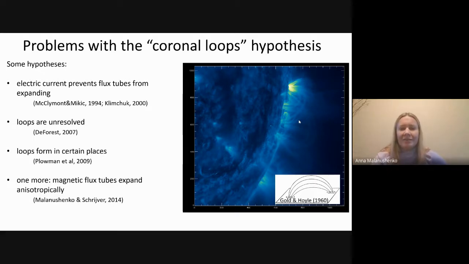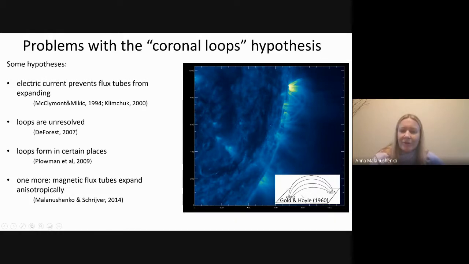Or again, yours truly have contributed to this conversation by suggesting that magnetic flux tubes expand anisotropically. That is to say, if one foot point of a magnetic flux tube is circular in cross-section for the sake of the argument, this cross-sectional shape will not stay the same throughout the length of the magnetic flux tube.